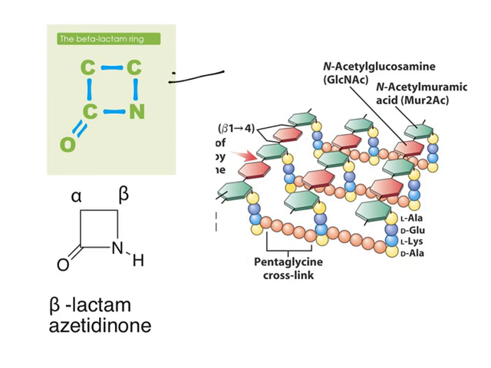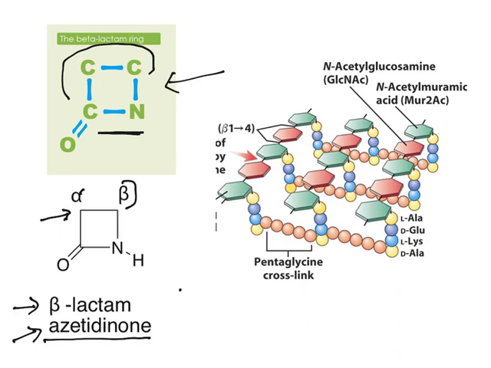Now, this is the beta-lactam ring. This is an amide bond, C double bond O, N, which is cyclized with the help of two other carbons. The carbon which is adjacent to the carbonyl carbon is known as the alpha carbon. The next one is the beta carbon. Hence, two carbons are involved in cyclization. They are known as beta-lactams. The heterocyclic ring is known as azetidinone.